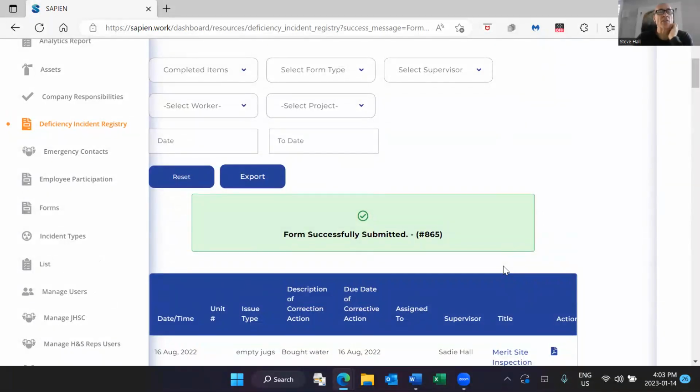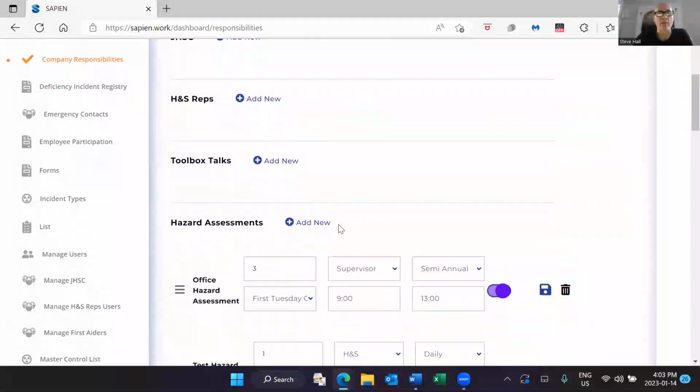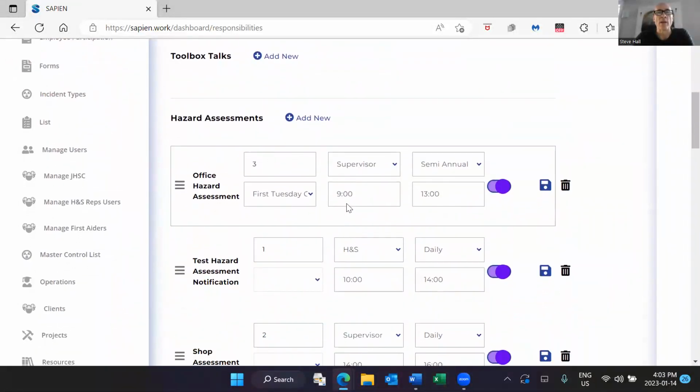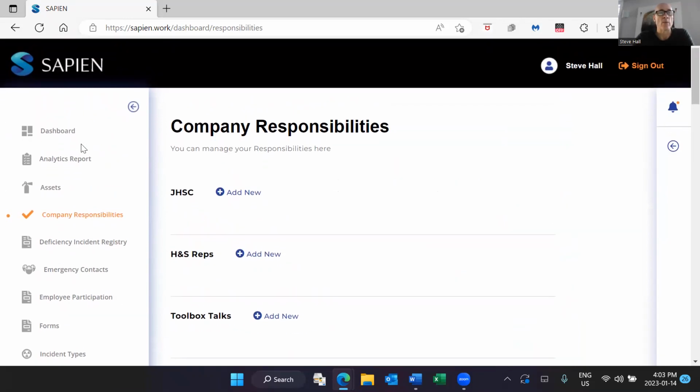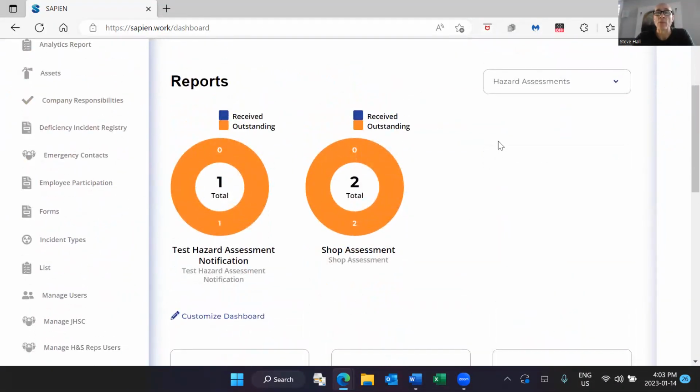So the last thing I want to mention is what we've got for company responsibilities. And this was intended to deal with stuff that got forgotten about on a regular basis. You've got inspections or assessments that are done infrequently, and everybody would forget about those. So we would then put these in place. It would send out notifications based on predetermined frequencies. And then when you land on your dashboard, these are the ones that you would see coming in. So on that specified frequency reminder date, the notification goes out,